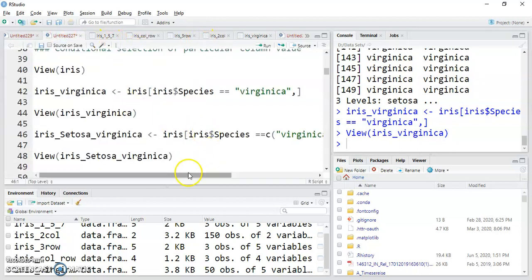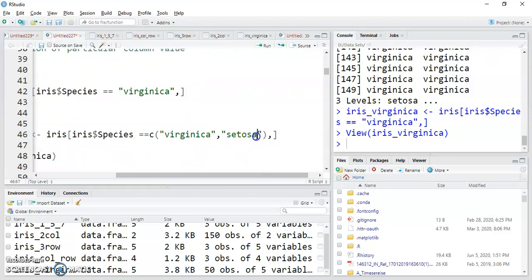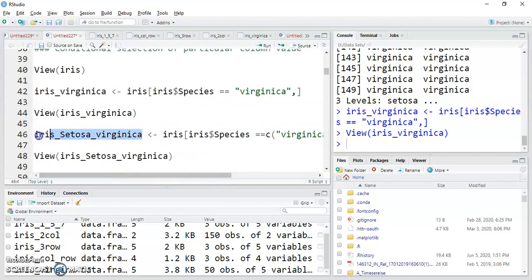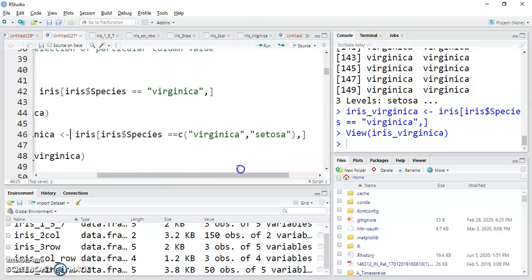In the next command I want the information about virginica and setosa, the information of two species only. So I write the same command here with one name, iris_setosa_and_virginica, equal to iris in square brackets, iris Species, and because we want more than one value extracted, I write the c concatenate function in R, c, in, double quotes, virginica and setosa.